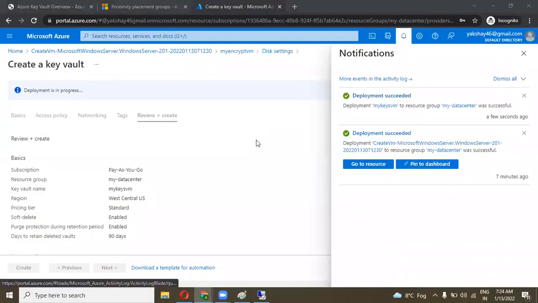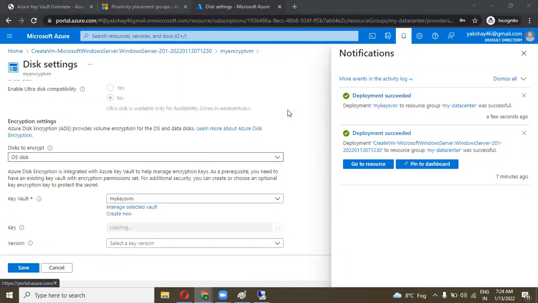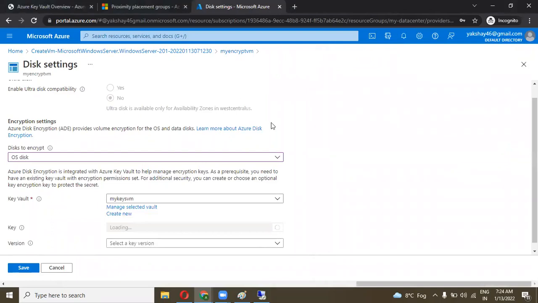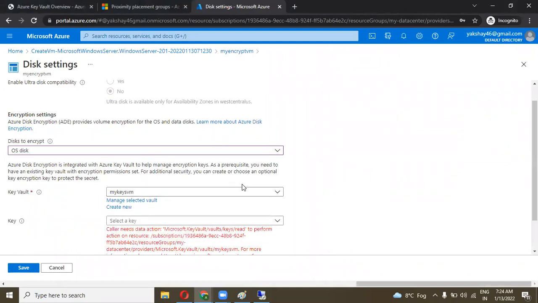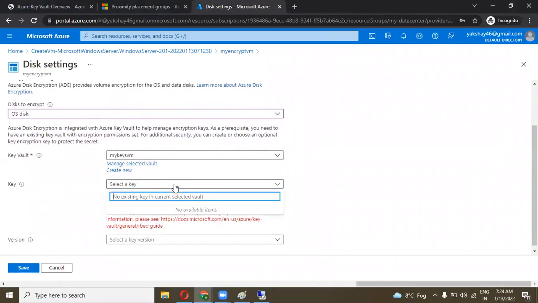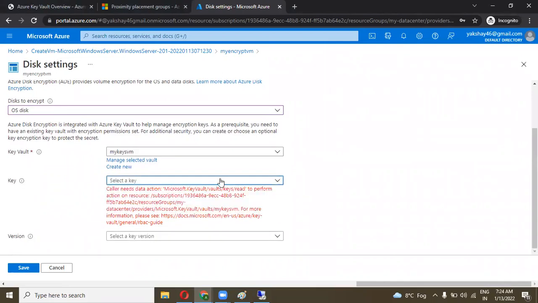Deployment has succeeded. Now yes, we have to select these things, disk OS and key vault. Now we have to create a new key. There is no item available in that. Now we have to generate a key here.